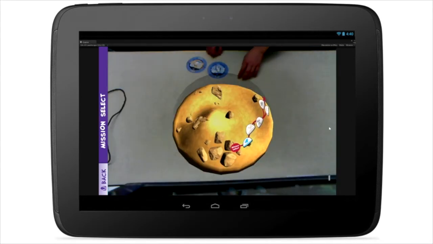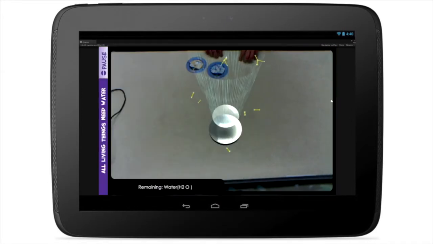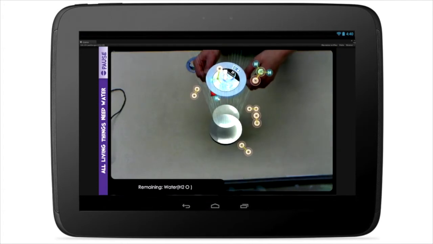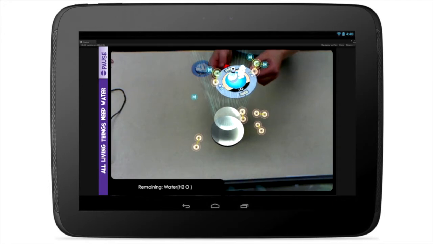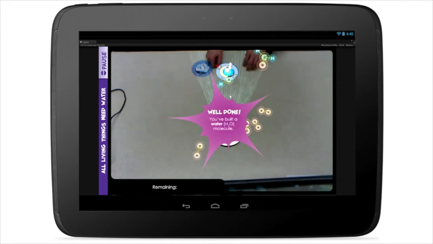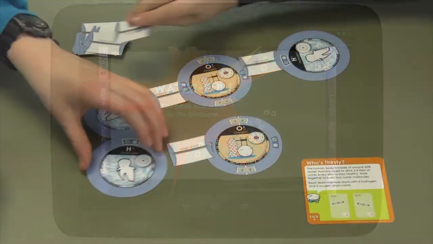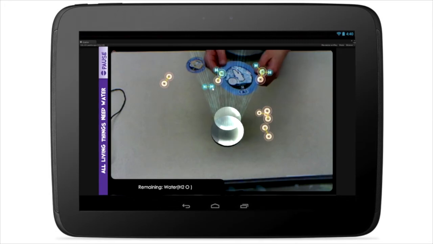As the AR game starts out, students are tasked with creating molecules necessary to sustain life in a biodome. The first mission is to create water, but now they are doing it in 3 dimensions. Once the mission is accomplished, the student is rewarded with 3D animations of the molecules they created. The same cards are used in both the 2D card game and the AR game, giving the student a consistent